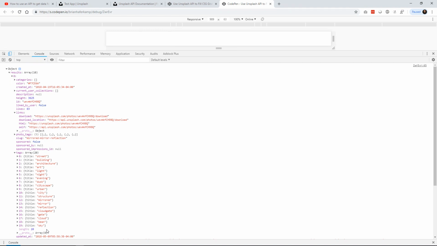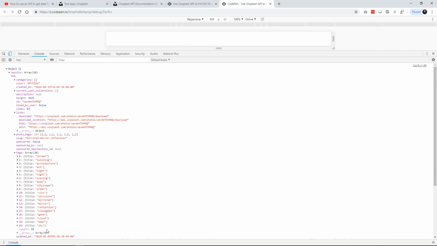You can see that there are some tags here. Chicago is probably one of them. Maybe not. Nope. So it's got some tags to it. You can see it was last updated here, and then we have the URLs and the user. You can see who the user was, who took the photo. And we are interested in this section here where it says URLs. So if we